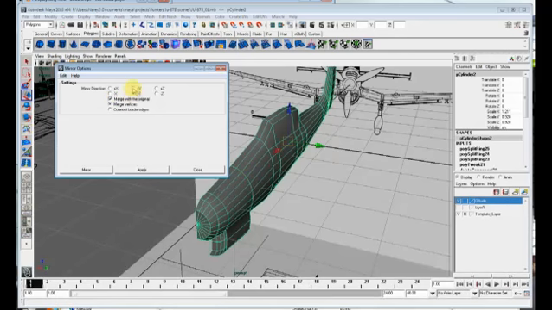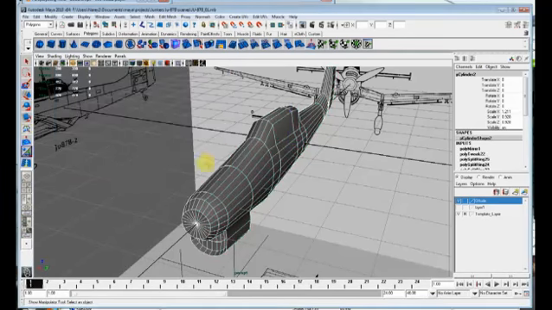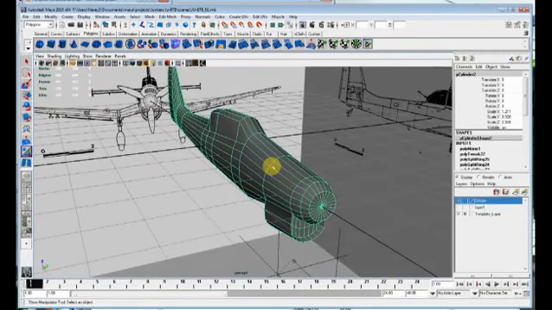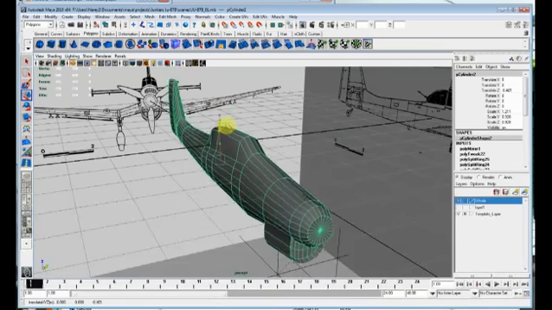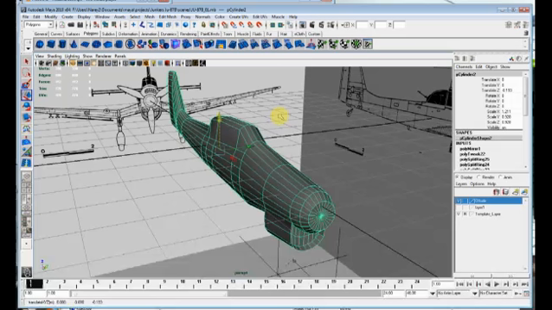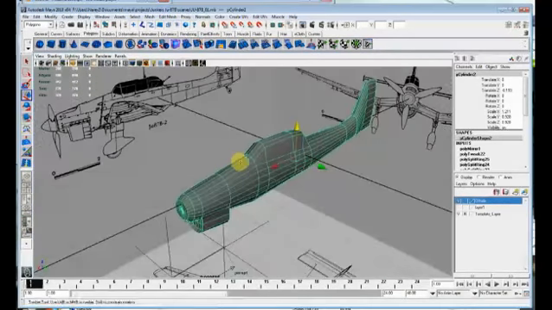And so I could, if I did it on the other side. The reason why this is important is because when you mirror the geometry, it mirrors it and welds it. So now it is all one object. So anything you mirror becomes the whole object. And this is important when you're doing UV mapping. Because let's say you map the entire port side of your airplane, and then you do